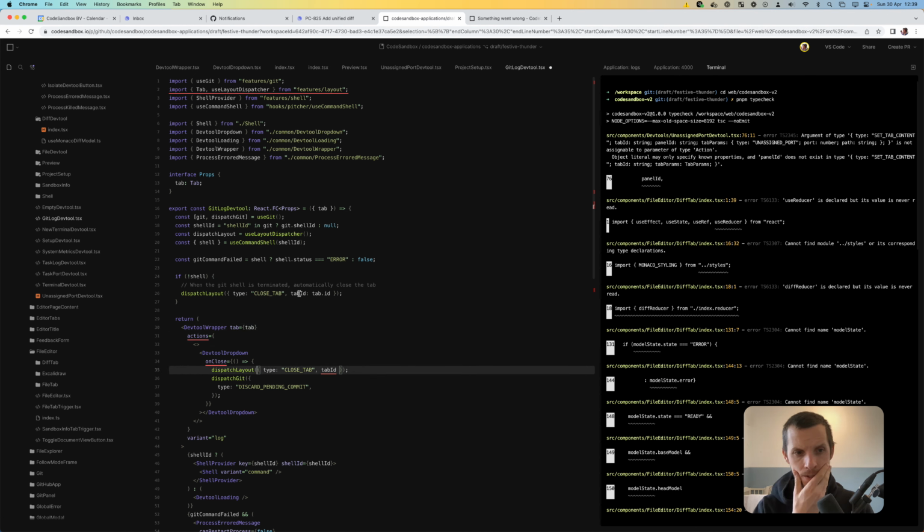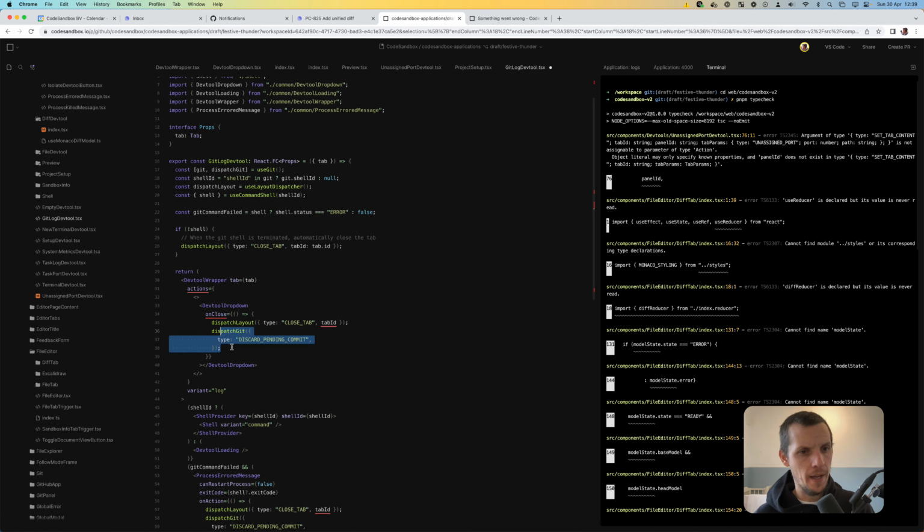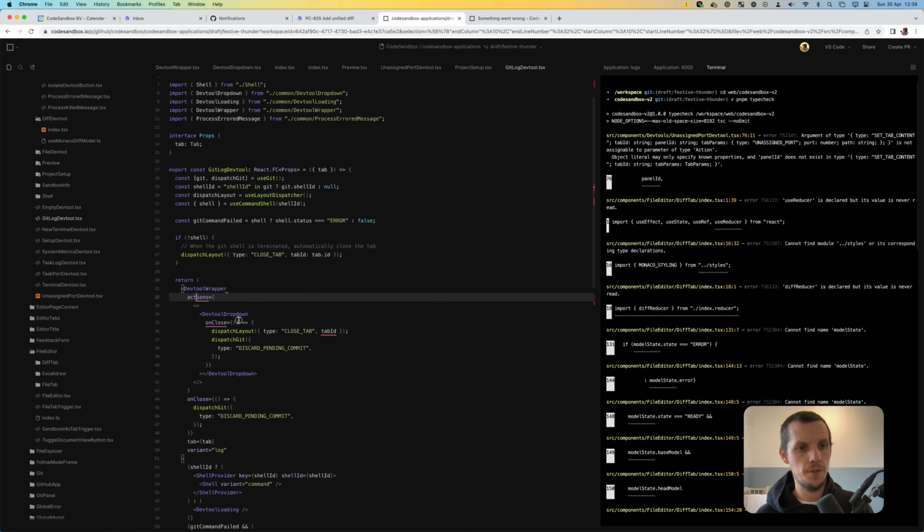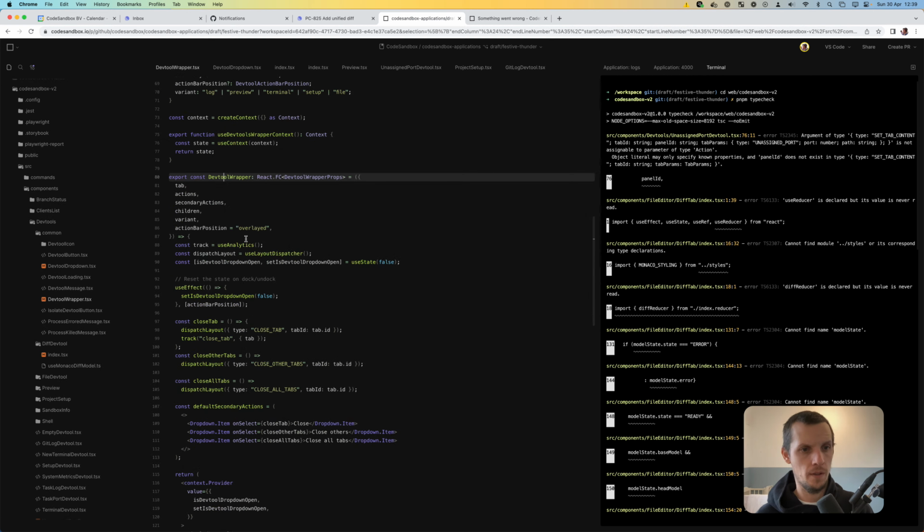Oh yeah, so this is interesting. I forgot about this. So we do want to have an on-close on this, actually, or an optional on-close. So when you actually do close it from the internal thing,